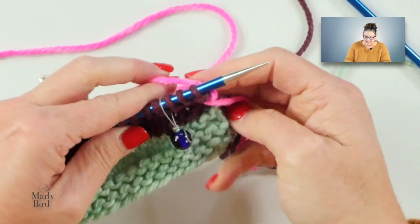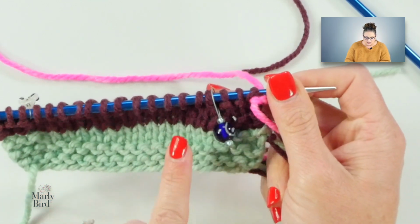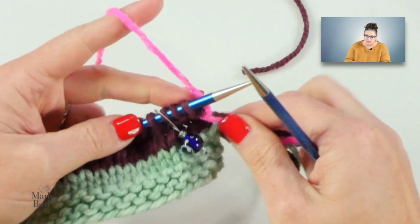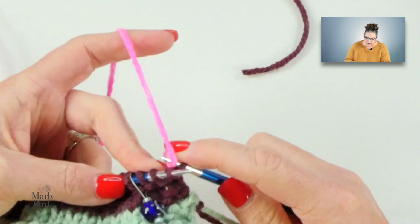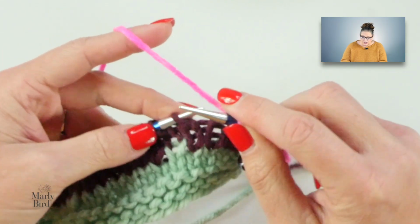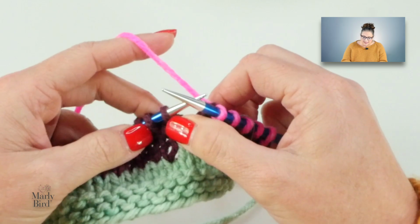But on row 6, this is where we put into action the tuck stitches. So we're going to follow along with the row 6 instructions, which is not difficult to do. And once you know how to do row 6, you'll know how to do row 12. So we are going to maintain our garter stitch right out here on these outside stitches. So I'm going to do my 3, slip my marker, and here's where all the action takes place, and we work tuck stitches. We will begin by knitting 2,